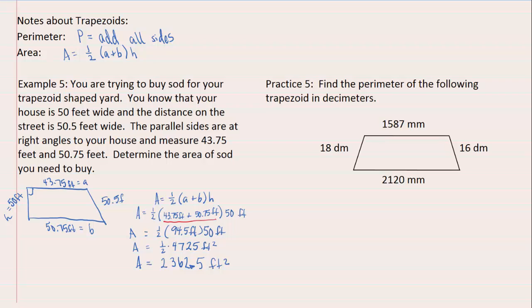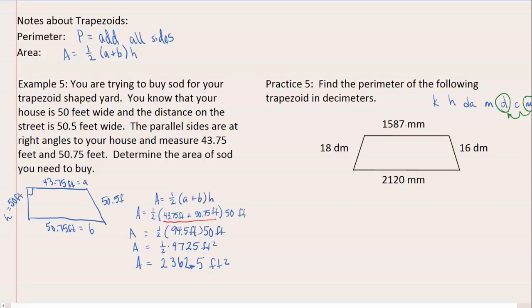Now let's do the problem together. We need to find the perimeter in decimeters, but two of the sides are actually in millimeters. Let's start by writing down the prefixes. Now that we have the prefixes written down, we will need to go between two of them. We will be starting in millimeters and moving to decimeters, which means we'll be moving 2 places towards the